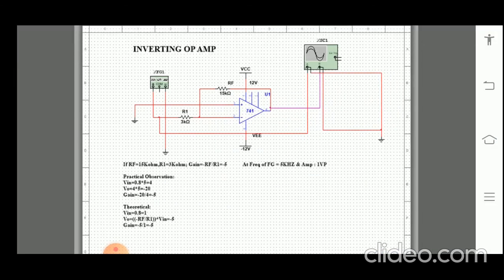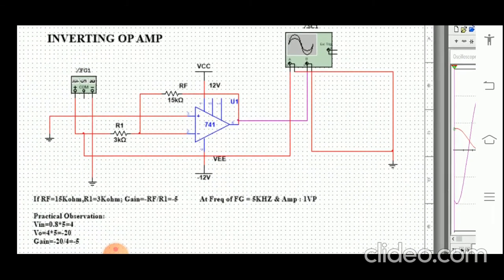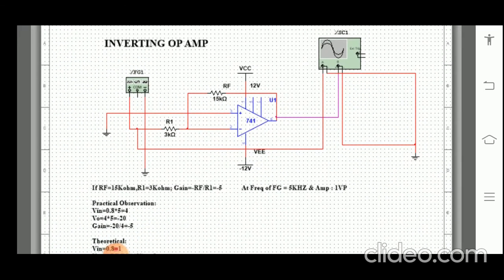Okay, so for getting the concept, I will go into the multisim software for the inverting amplifier. Here I construct the circuit diagram in the multisim software, and the components we need to get from the file, and after that get into the component. From the component we can get the 741 IC and XSC1, that is CRO, and function generator. So this circuit diagram indicates what we want to construct as per the circuit diagram in our manual.